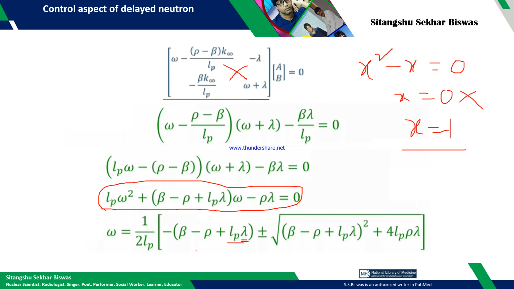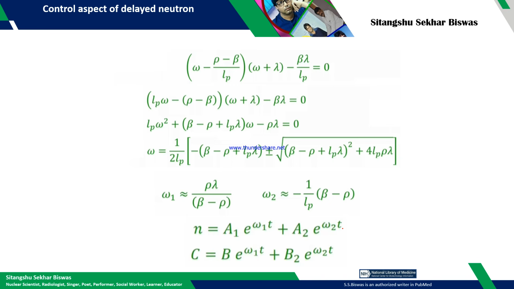So compared to this beta minus rho, this LP lambda will be much smaller. And similarly, this beta minus rho plus LP lambda is much higher than this quantity, LP rho lambda, because LP is also a small quantity and lambda is also a small quantity. So this is a fair approximation, we will consider this fair approximation, and what we will do,